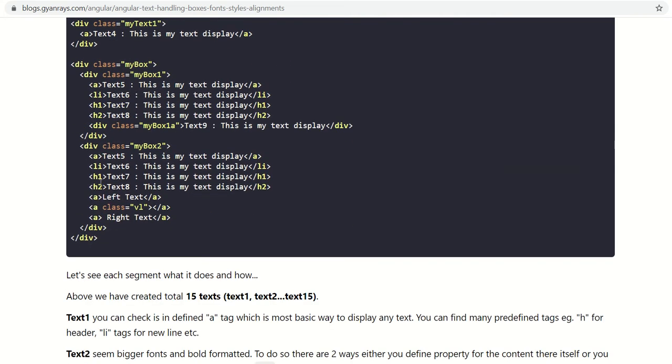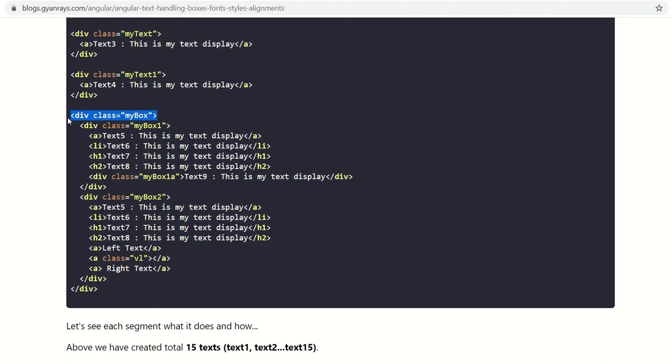Here we are going to display the boxes. How are we going to display the boxes? Well, there is no separate coding format provided by HTML or used by Angular to create a box. It is very simple and obvious to use the div style. If you write a div command and close it with the div command, then you can set the property of a div. I am showing you how it is possible.